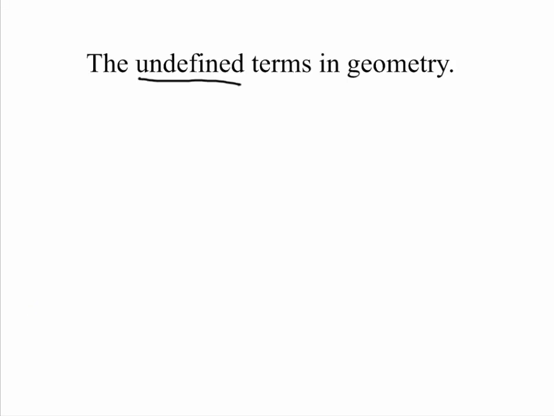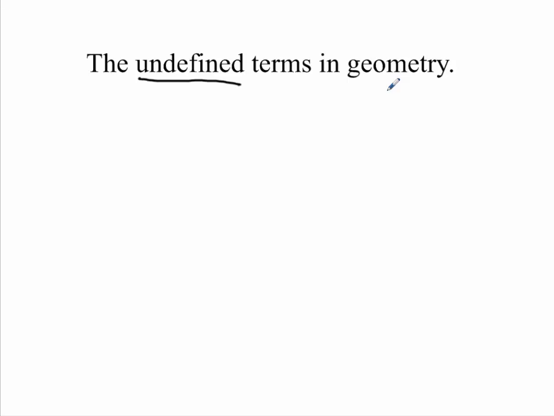So one thing we could think about is the color red. If I were to tell you, give me a definition for the color red, it'd be tough to do. In order to understand what the color red looks like, you have to actually see it, right? In order to know what red is, you have to be able to see it. So if you try to define the color red, you can't really do it until you actually see it. So undefined terms of geometry is the same idea, where you can't really define it without trying to describe it